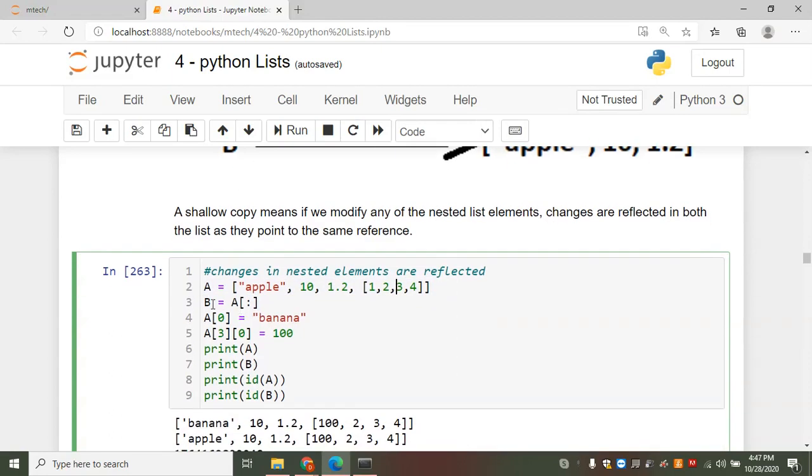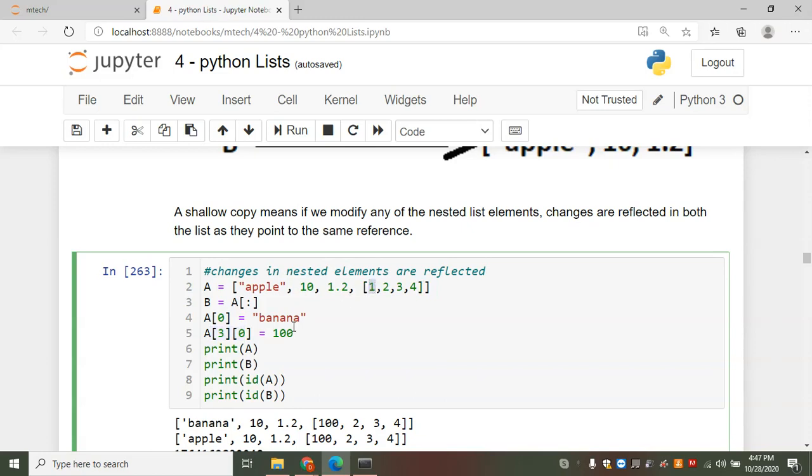So I am copying A to B and trying to change the first element to banana, and the third element. The third element is my list, and the zeroth index is 1. So A[3][0] is 1.